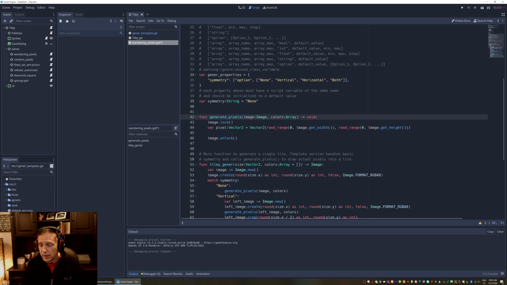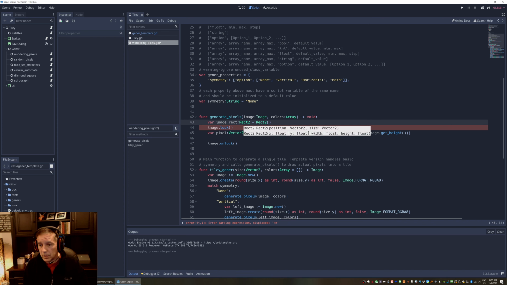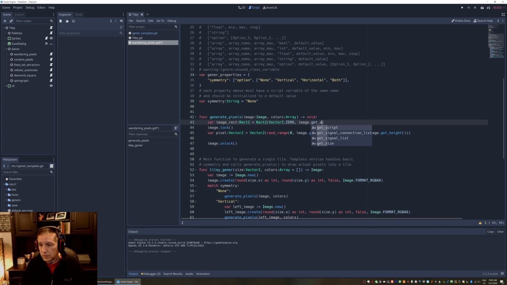So I'm going to need a rect which tells me the size of the image. This is going to go from 0, 0 to, I think there's a get size. Yes. Okay, so while image rect has point pixel,